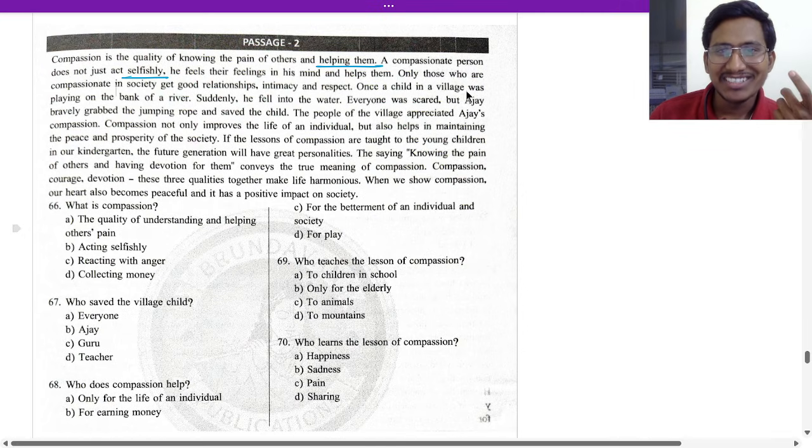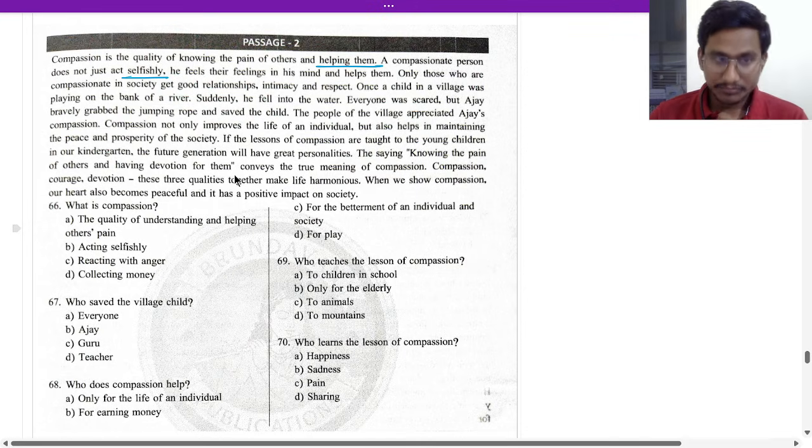Once a child in a village was playing on the bank of a river. Suddenly he fell into the water. Everyone was scared, but Ajay bravely grabbed a rope and saved the child. The people of the village appreciated Ajay's compassion. Compassion not only improves the life of an individual but also helps in maintaining the peace and prosperity of the society. If the lessons of compassion are taught to young children in kindergarten,